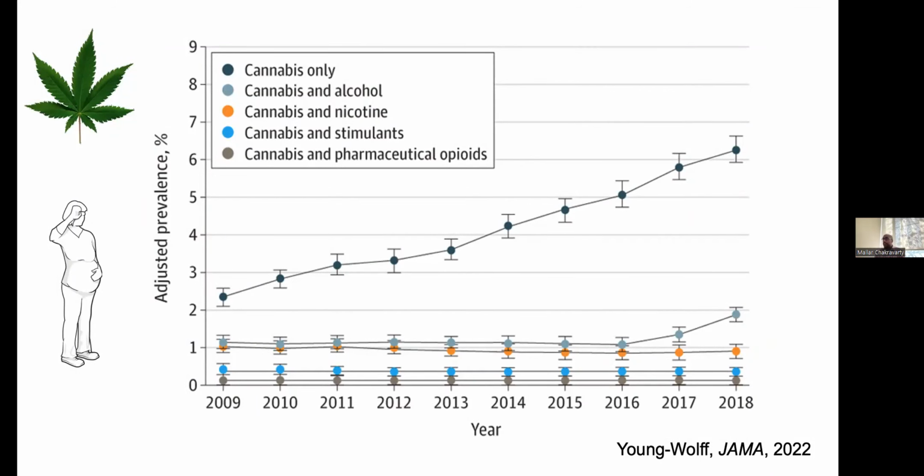offspring? And this is really important because, as we all know, cannabis has been made legal in Canada for recreational use, and this is just the adjusted prevalence of pregnant people using cannabis in the first trimester of pregnancy as a means of coping with issues related to anxiety, depression, and nausea, and so on, right? And you can see that prevalence of cannabis only going up across the U.S. And I don't think there's any reason to think that Canada would be any different.